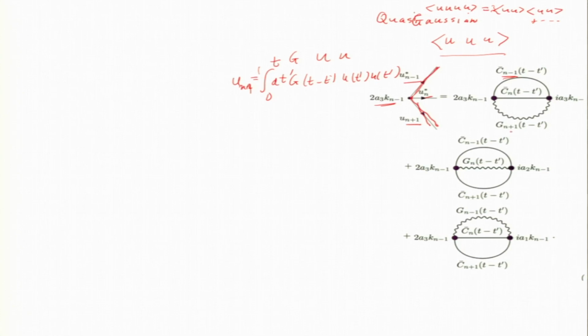So, u n plus 1, remember u n plus 1 had how many things? One term with both of them to the right, one with one in the left and one in the right, and one term with both in the left. Okay. So, what are the values here? U n plus 1 will be, both in the left will be u n and u n minus 1, right. One in the left, one in the right will be u n in the left and u n plus 2 in the right, and third is both in the right. So, u n plus 1, u n plus 2, u n plus 3.